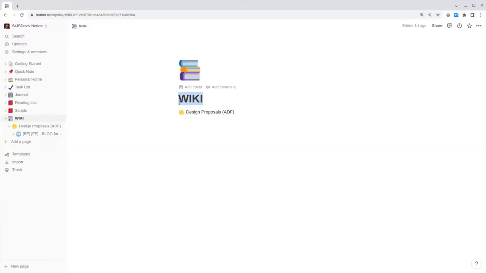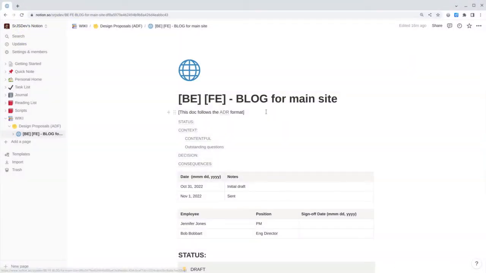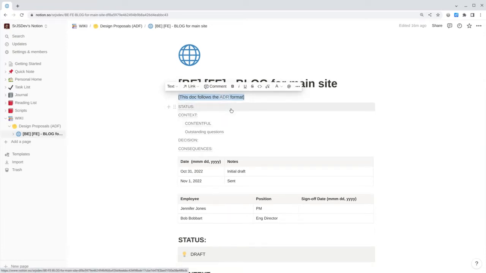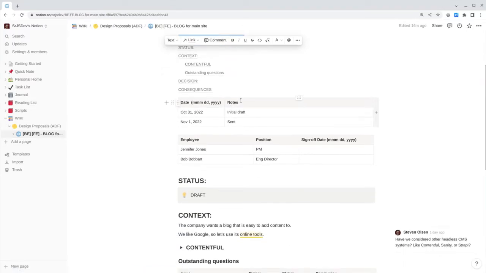Here is the wiki for my company, and I'm making a design proposal using the ADR framework. Let's go ahead and click on the design proposal and have a look. This is how I like to lay out my ADR documents. I mentioned that it is an ADR document, indeed. A simple table of contents. A date to track